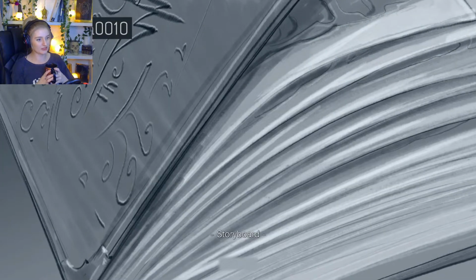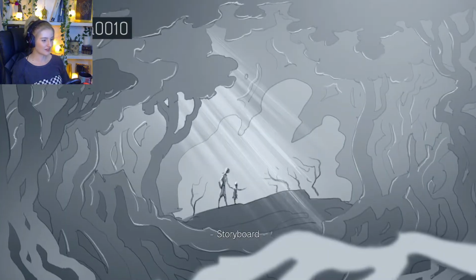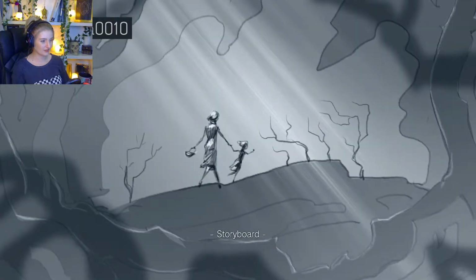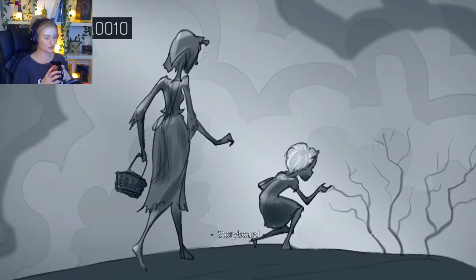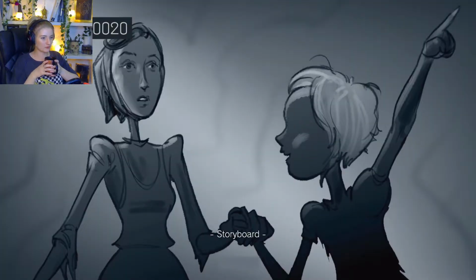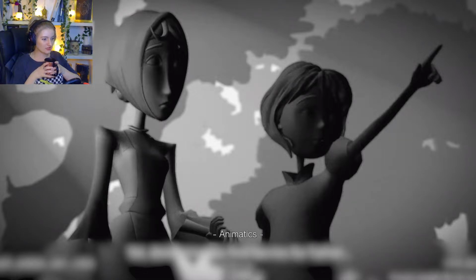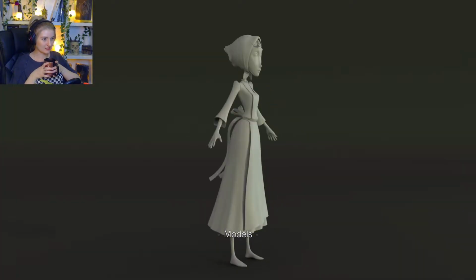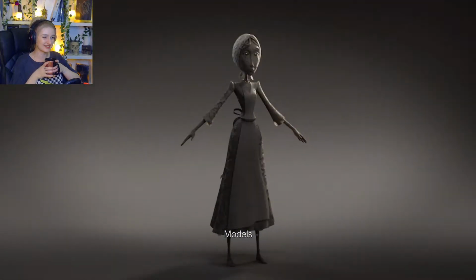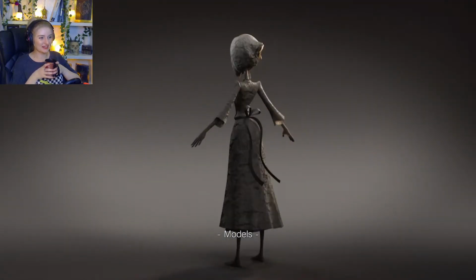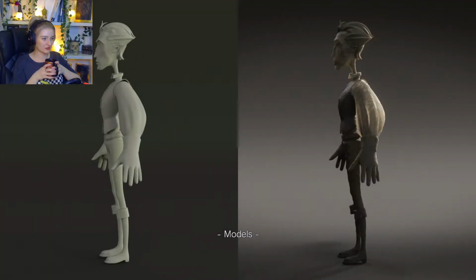Okay, storyboarding. Okay, here we go. Right, so this is the concepting for the storybook that fake Mia was reading to Rose. And then putting it into the 3D animatics. Those are the models. Cute! It's very Coraline-esque, isn't it? Very cool.